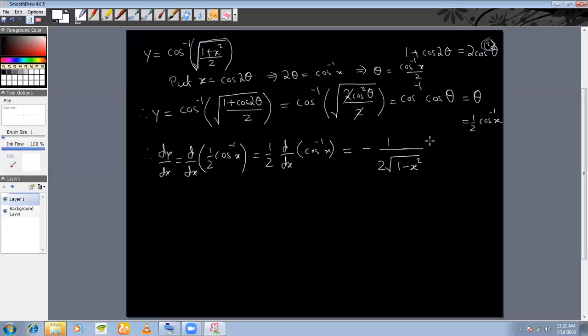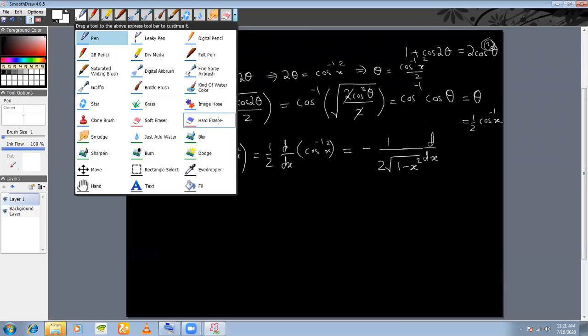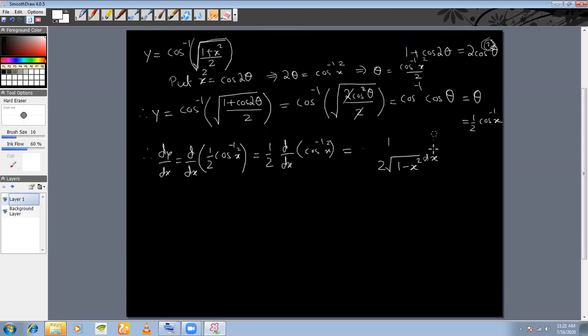You saw how 1 plus cos 2 theta when I substituted x square. This is not x, but in fact this is x square. Sorry, it's my mistake. x square is equal to cos 2 theta. So this is cos inverse x square, and when you differentiate, 1 by root into d dx of x square also. Now this step is my mistake, I forgot the square. You actually substitute x square is equal to cos 2 theta, not x is equal to cos 2 theta.